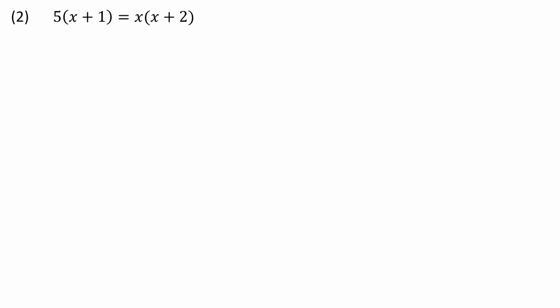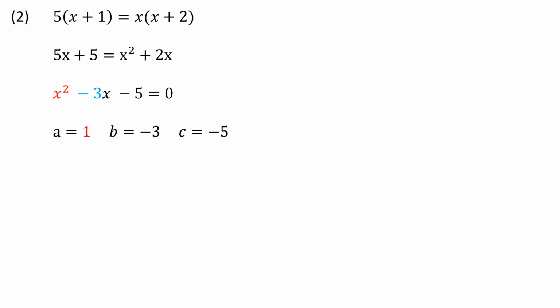Number 2, 5 bracket x plus 1 is equal to x bracket x plus 2, close the bracket. In this case, we don't have it in standard form, so we're going to have to expand the brackets. We'll have 5x plus 5 is equal to x squared plus 2x. If we take every term onto one side, we'll have x squared minus 3x minus 5 equal to 0, which